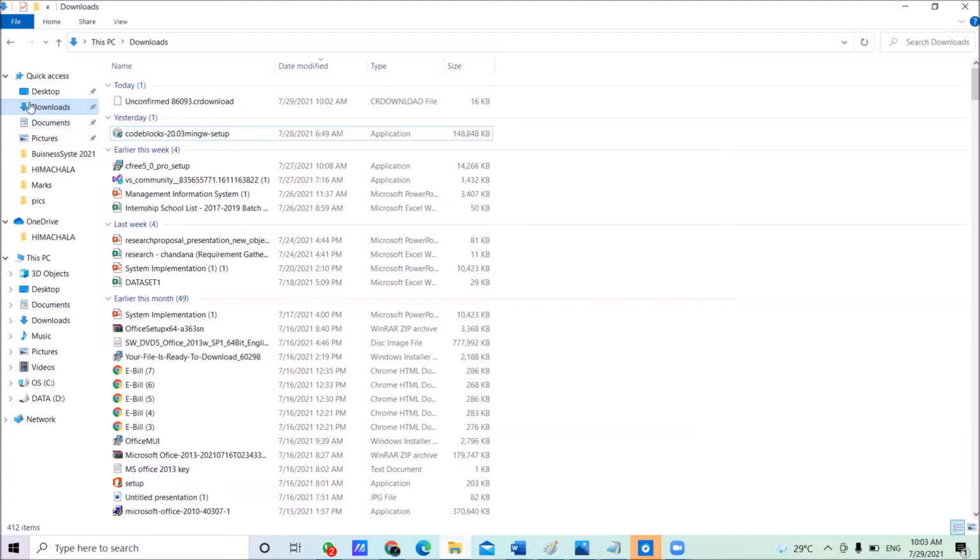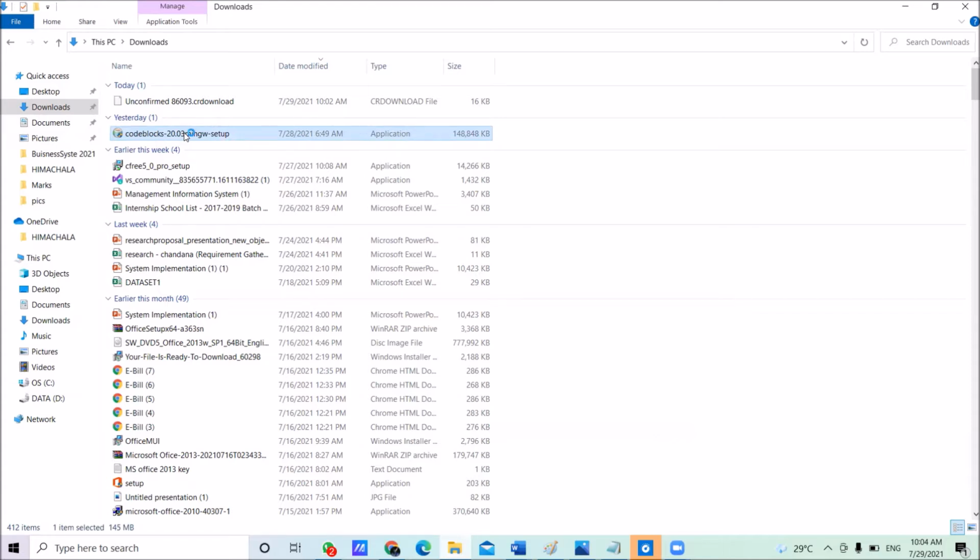In this download folder, you can find your downloaded software. Right, this is Code::Blocks. Once you complete your download, you will see a file like that, codeblocks 20.03. Now select the downloaded file and double click on it.